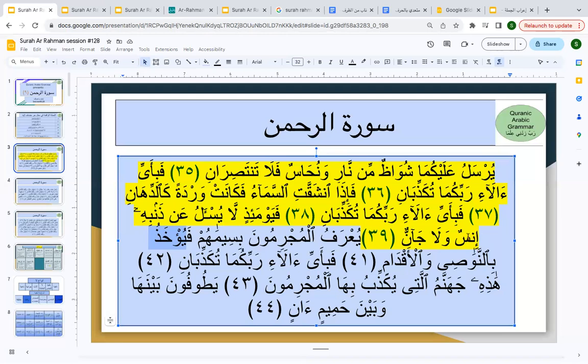lafzan. By looking at the structure of the word, it is jar, but it is marfu' mahallan because it is na'ibul fa'il for yukhadhu. And how am I going to connect an-nawasi wal-aqdam? What is the connection? How am I going to connect it? Through 'atf. Do not forget this